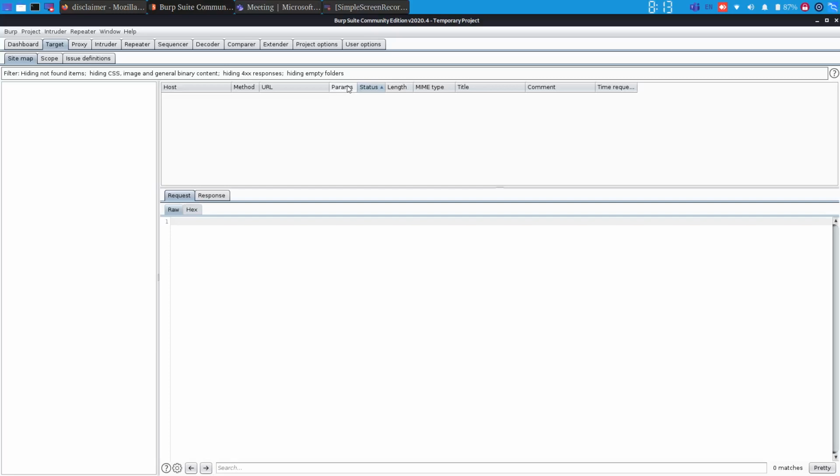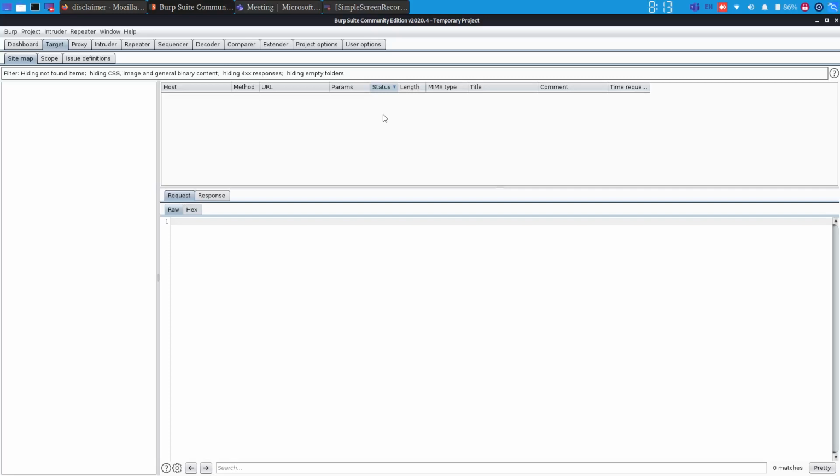So what are parameters? Parameters are things where we can inject something. Anything which can be changed when a request is going to the server is referred to as a parameter. Then the status. So what are status codes? There are different status codes starting from 200.